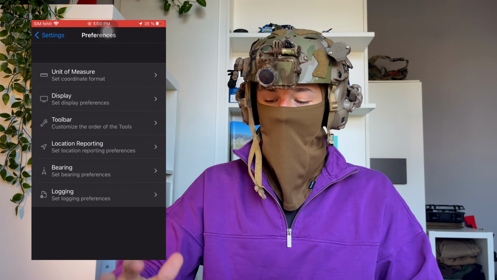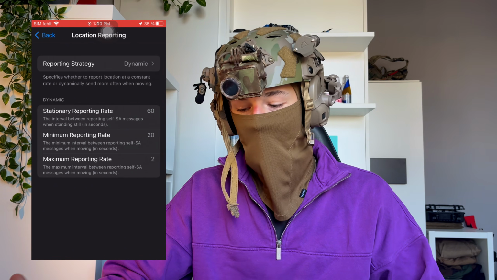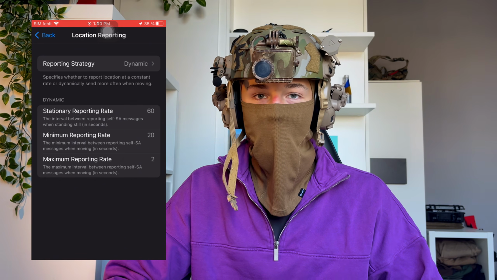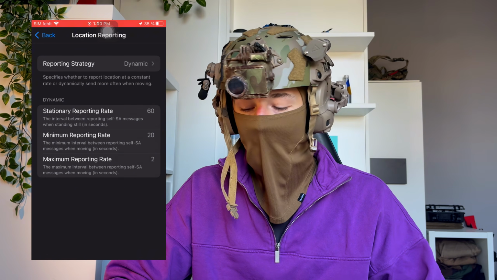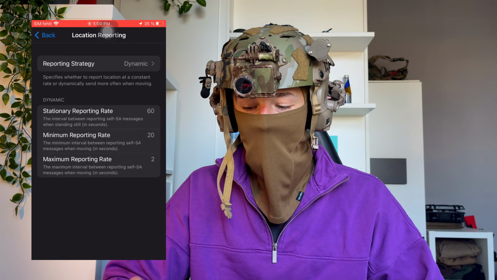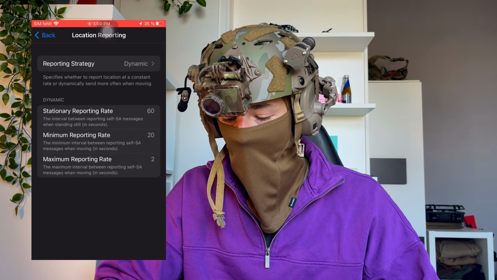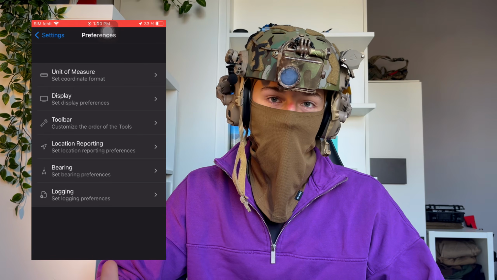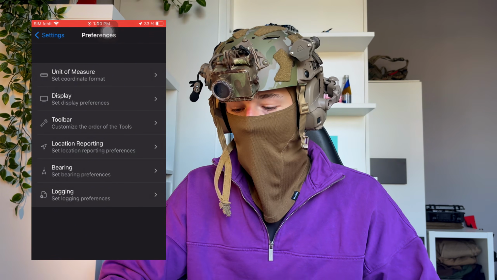Location reporting, you can set that up dynamic or constant. Either it's dynamic, as you can see here, with different time periods if you're static, moving fast or slow, or constant, but that consumes more battery and data. Everything else in preferences isn't really important, so we're going to move on to the next thing, which is my